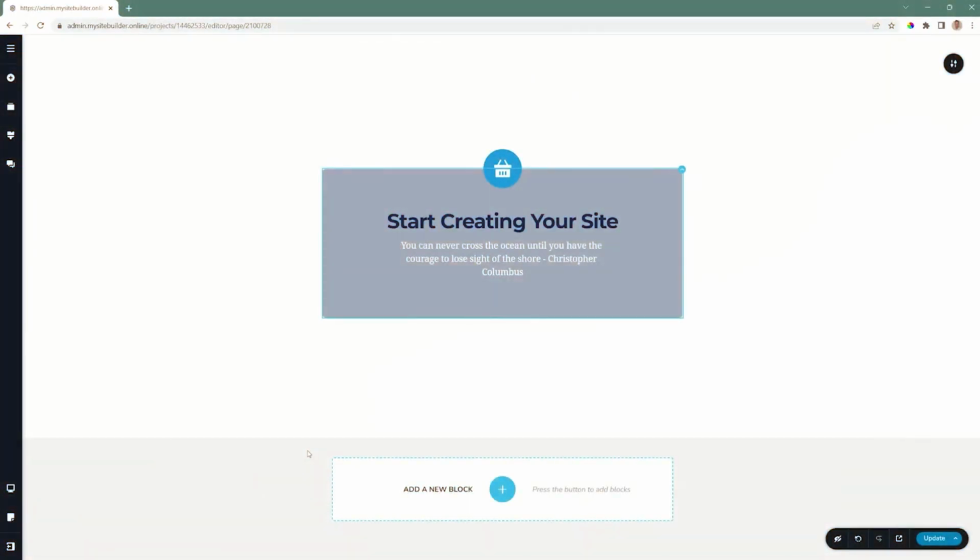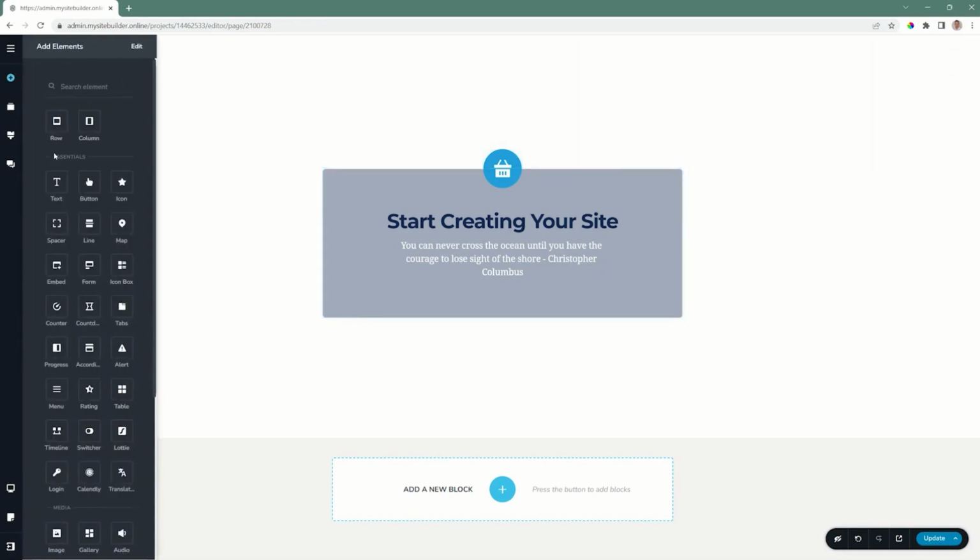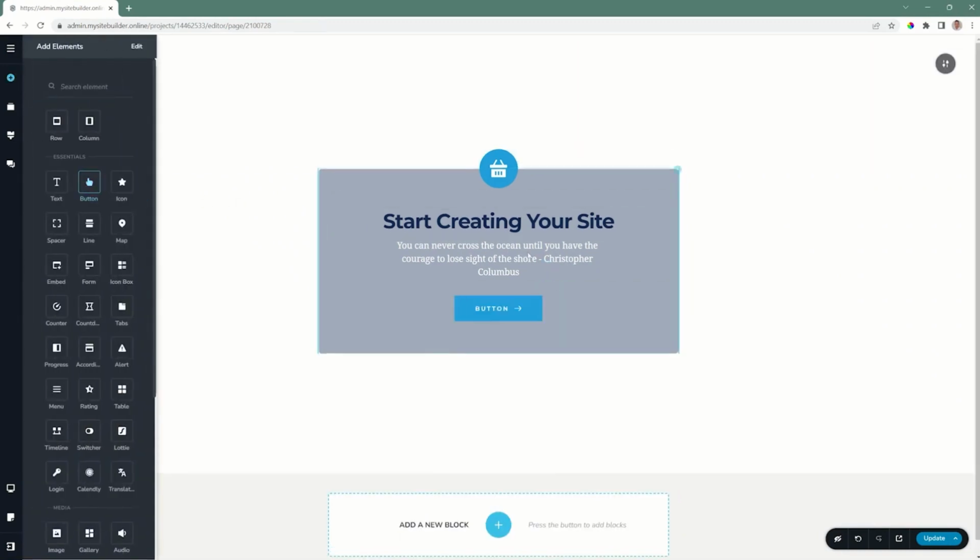The button element is that element that draws the attention of your visitor and a call to action. So let's bring in a button and make this a true call to action block. I'll go to Add Elements and grab my button, and I'll drop it in the place where I want it